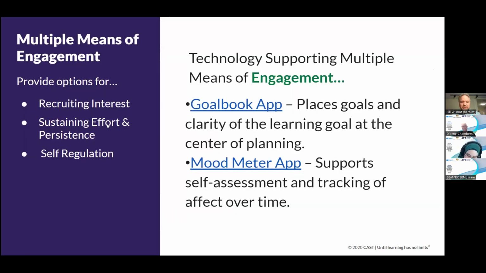So I'm going to give just a couple of examples of specific technology tools, but this is not at all limited to technology, but I know that you're kind of going into this thinking about educational resources. So I'll share a couple of, you know, thinking about multiple means of engagement. These three guidelines, providing options for recruiting interest, sustaining effort and persistence, and self-regulation, place a heavy emphasis on being